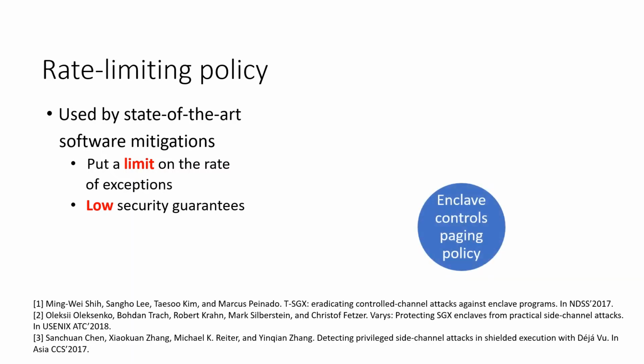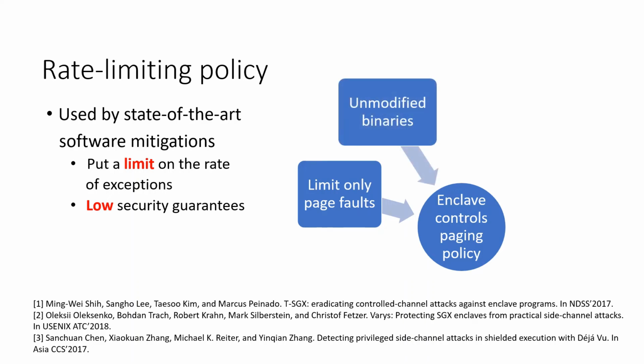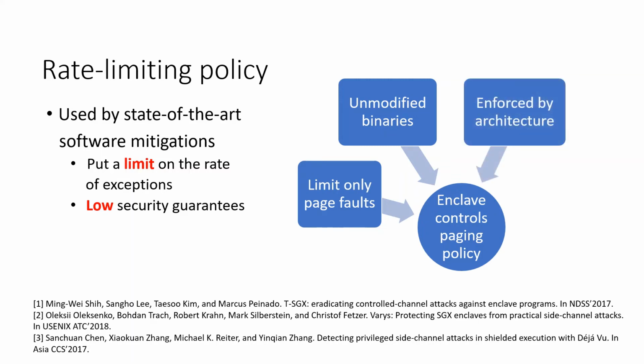However, since the enclave is now in control, it can consider only page faults and not any type of exception. It can work with unmodified binaries, including those that rely on JIT runtimes. It is enforced by the architecture and does not rely on potentially unavailable microarchitectural components, such as transactional memory. And our evaluations show it results in an extremely low overhead. While this policy may still leak accessed pages, other policies can hide it, yet with a slightly higher performance cost.